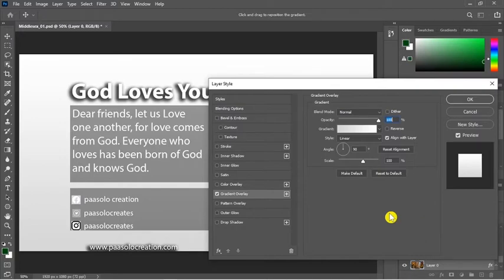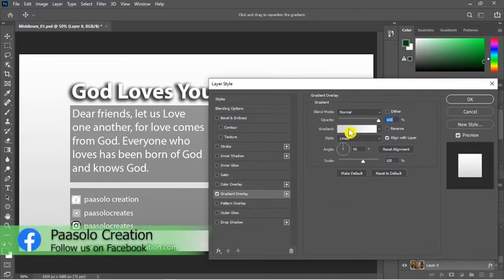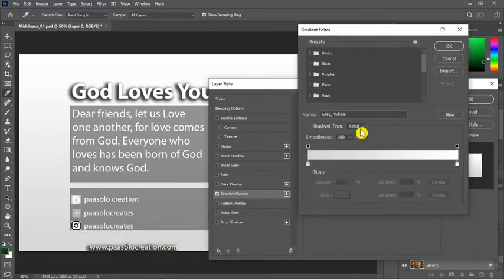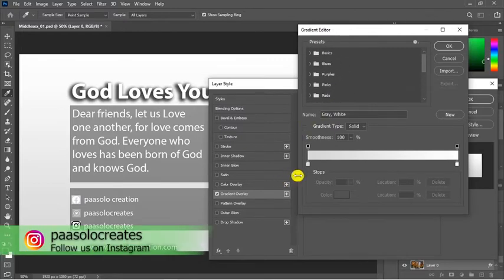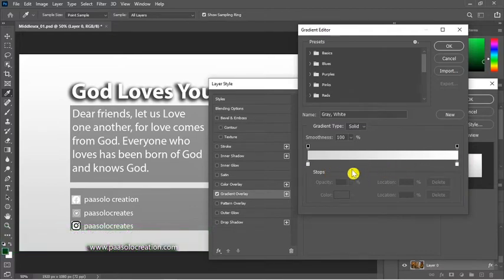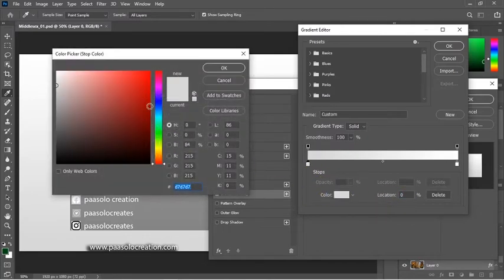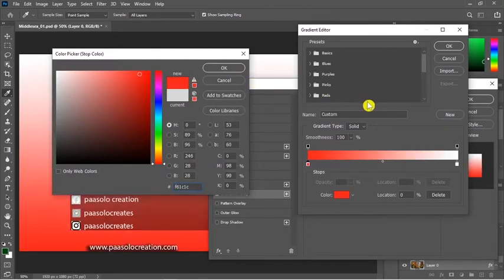So for you to add a gradient, at the gradient column here, just click on it for the gradient to open for you, and we have some presets already, and you can also change the colors if you want. So maybe I want to change the color of this one. I'll just click on it once and click on the color, and maybe I can change it to red.